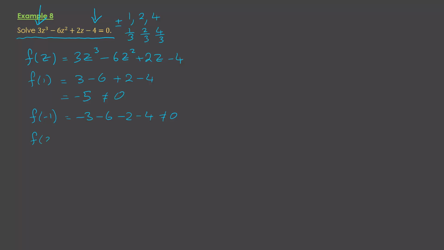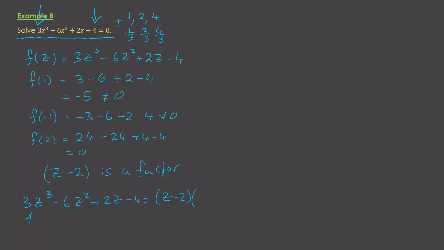Let's try f of 2. So I'd have 3 times 8, which is 24. Take away 6 times 4, which is 24. Plus 4, take away 4. That is 0. And therefore z minus 2 is a factor. So 3z cubed minus 6z squared plus 2z take away 4 is equal to z minus 2, and then we'll have